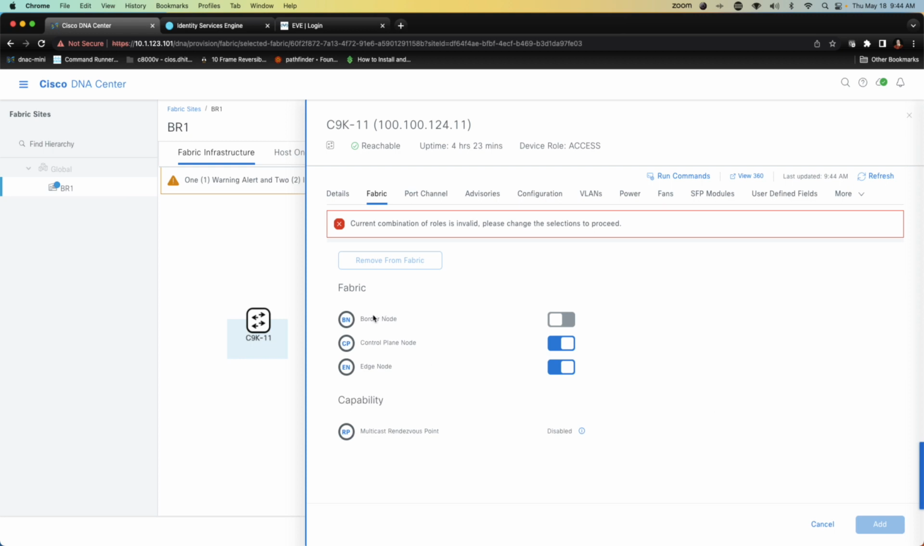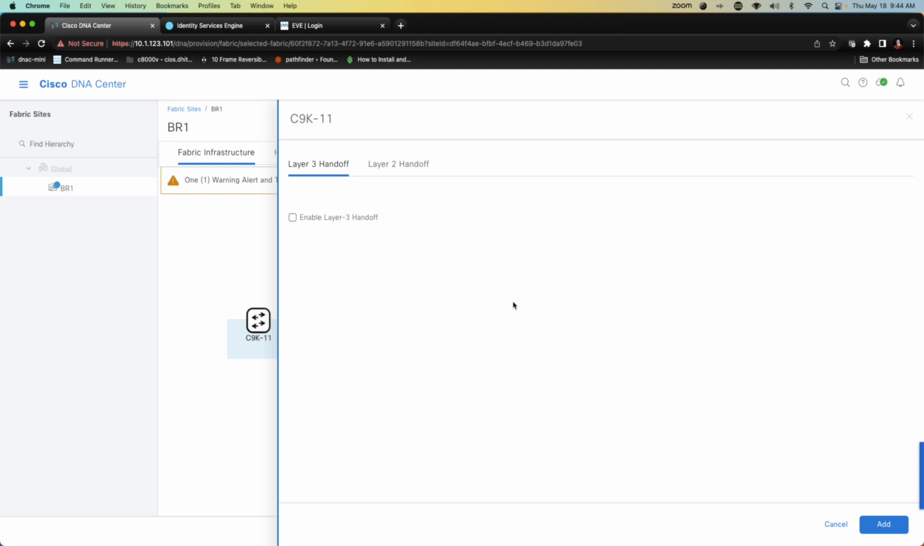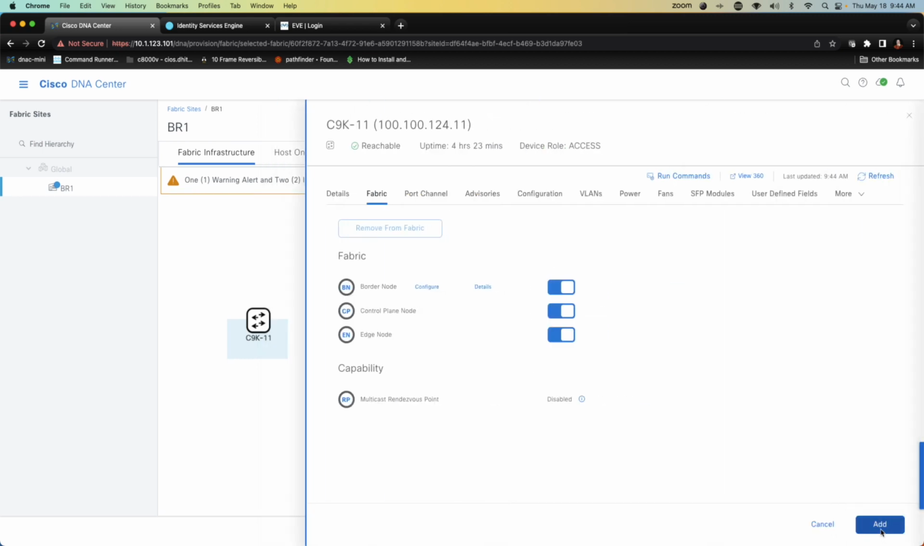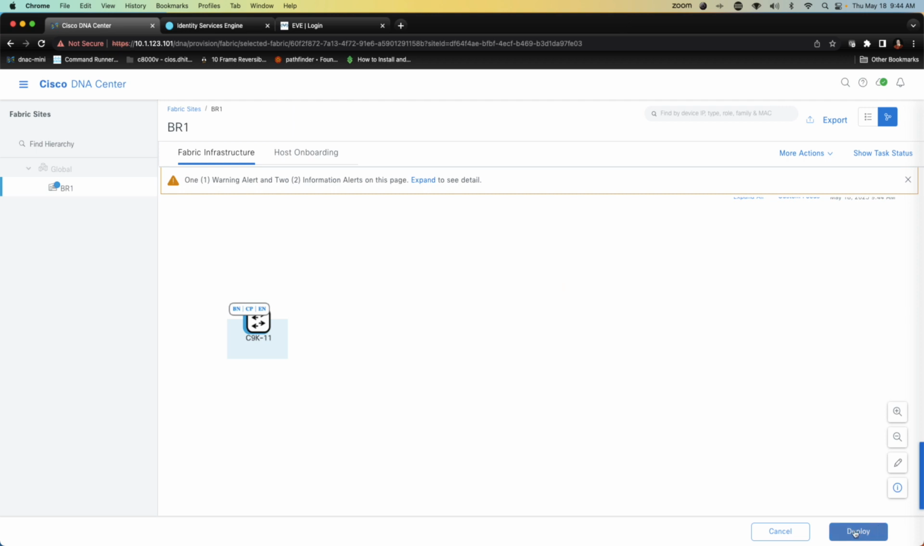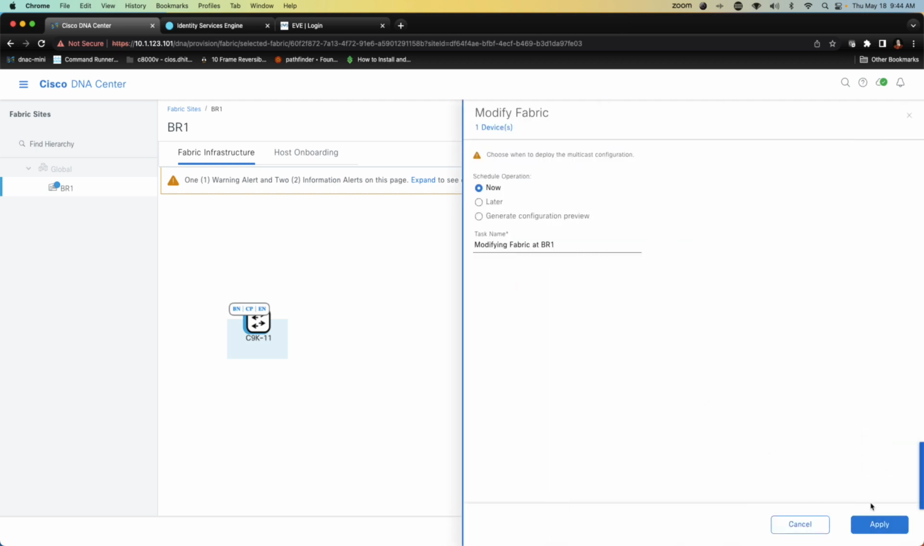And I need to make a border because the combination of roles that I currently have is invalid. If I have a control plane node and an edge node, I am now missing the idea of my border node. We'll go ahead and add that. And I'm just going to arbitrarily assign an autonomous system of 65001 since it's branch 1. And I'm not going to do anything else. Again, this is a proof of concept. We'll go ahead and see if we can add this to our fabric, and we will hit deploy,